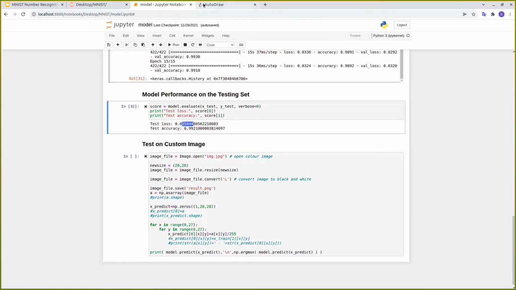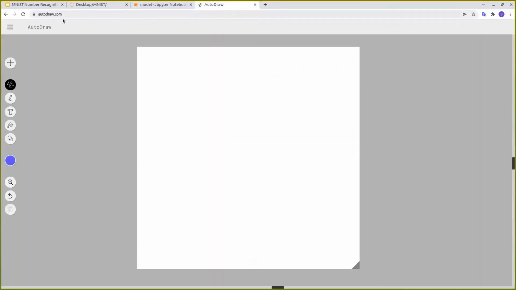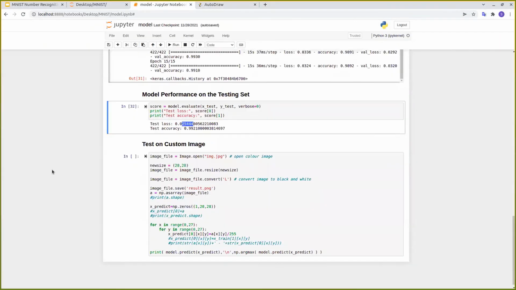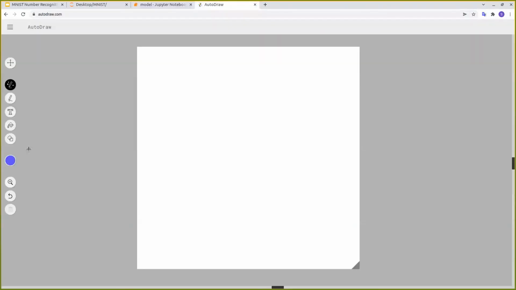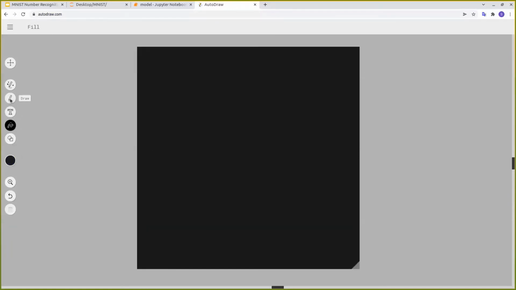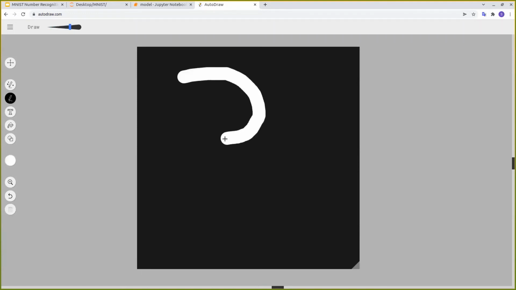So here I will be using autodraw.com, and I will be just preparing one image which is similar to the images we saw here. So let's say that we want a black background, and I'll be just throwing some number, like let's say number 3,